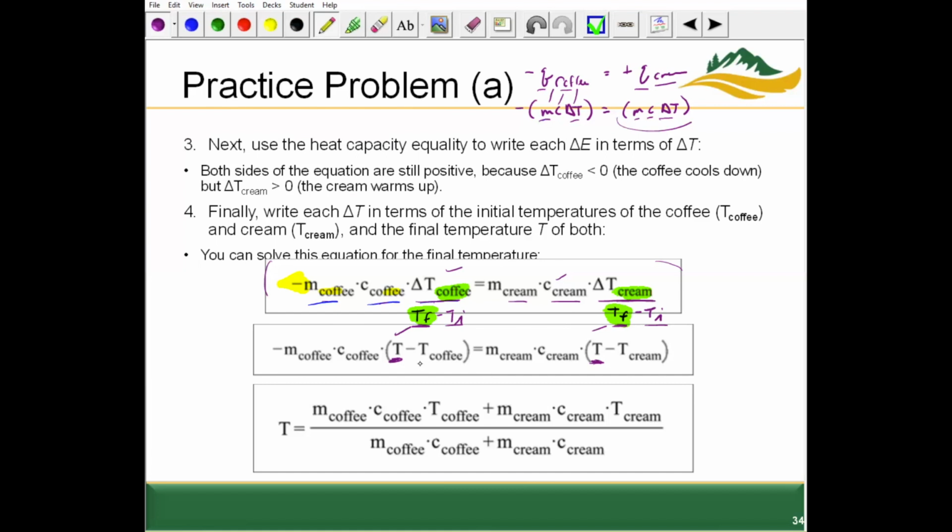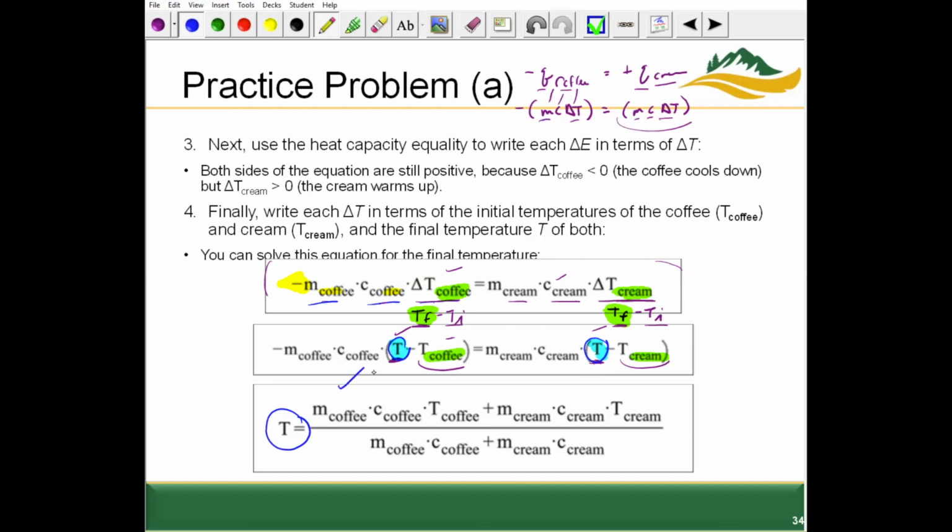Now we keep T initial of the coffee here because that is different compared to T initial of the cream. They will reach the same final temperature, but they started out at different initial temperatures. So we need to keep that clear in this equation. Then algebraically, we want to solve for T final. So we can do a lot of rearranging, a lot of isolating to then solve for a T final